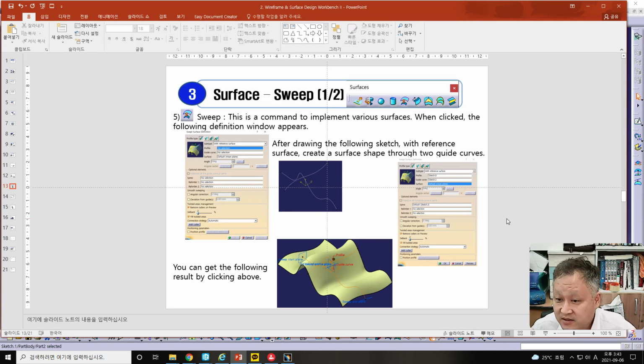The sweep surface icon is shown in this, and this is the icon to enter the sweep dialog window. Sweep surface is a command to implement various surfaces. When you click the sweep surface, the following definition window appears. This is very complicated. After drawing the following sketch